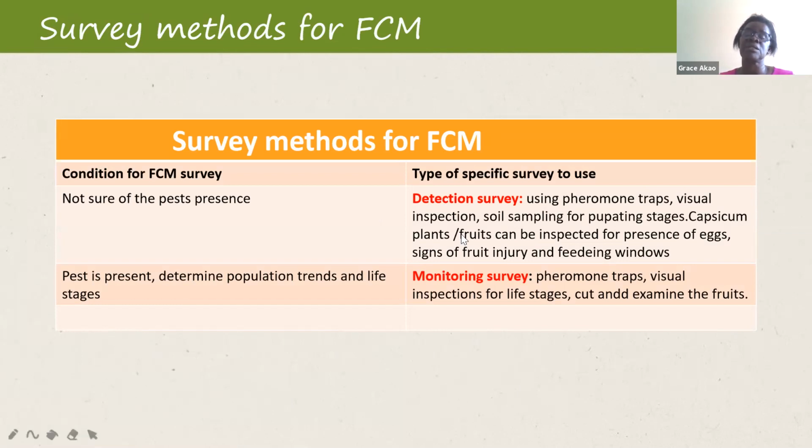So under detection survey, you can still use the pheromone traps. You can go ahead and do your visual inspection, and particularly for the leaves where the eggs are laid, you turn over the underneath of the leaves. Pests normally do not lay their eggs on leaf surfaces; normally they are hidden underneath the leaf. You can also do soil sampling for the pupating stages. You can still go ahead and cut the capsicum plant and examine inside for the presence of